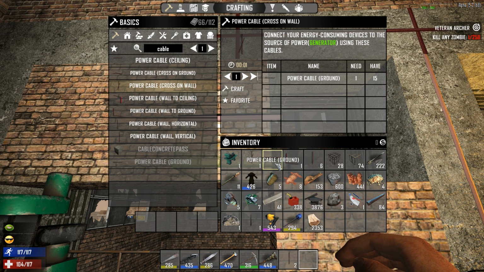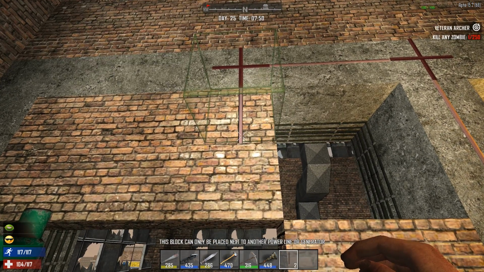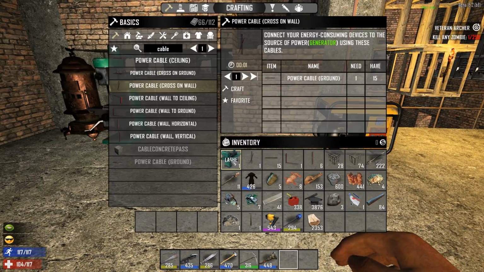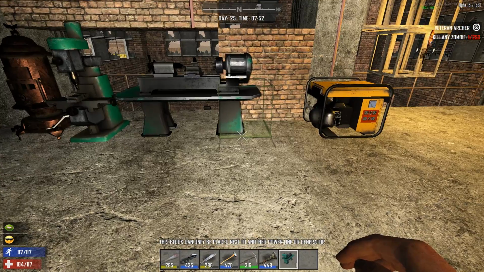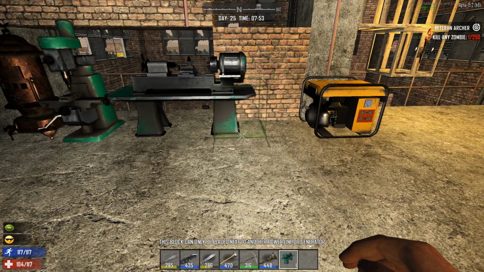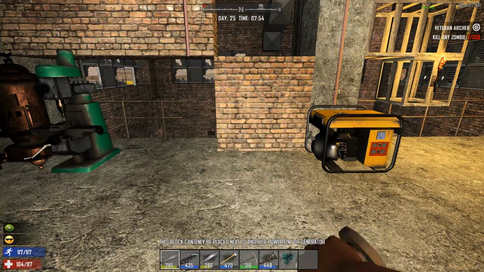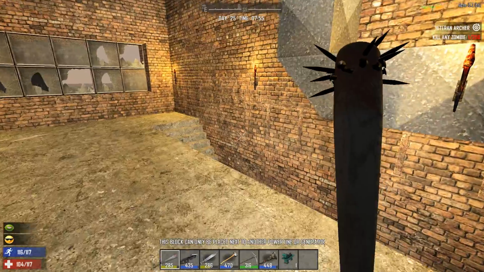Do I have any power cable ground, horizontal wall, wall to ground, wall vertical? There we go. And we go like that. Okay, now check this out. I hope this works. And it doesn't. That's interesting, because I did something like it last time and it did work. So what I'm going to do is go ahead and make another...